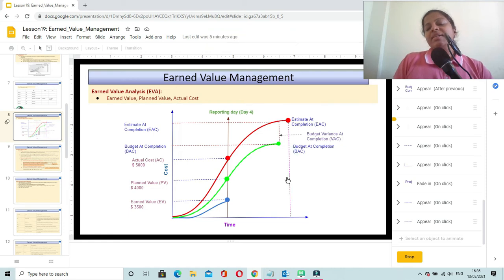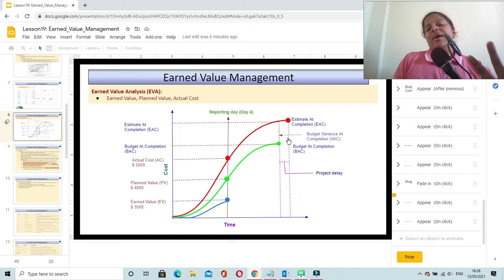And here in our example, we can also see that there is a difference in time. That is, this is the budgeted time or budgeted schedule, but the actual time spent was more. So the difference in time is known as the project delay. So these are few of the terminologies that we need to understand from PMP exam point of view and also our project point of view.